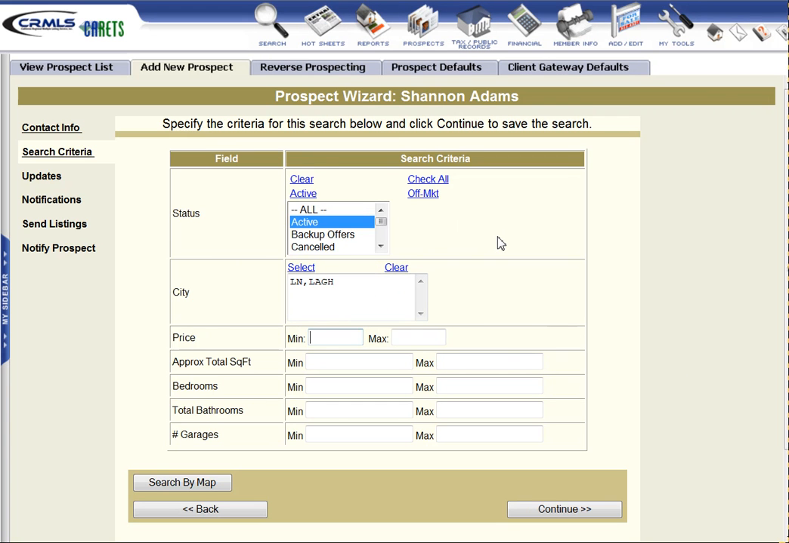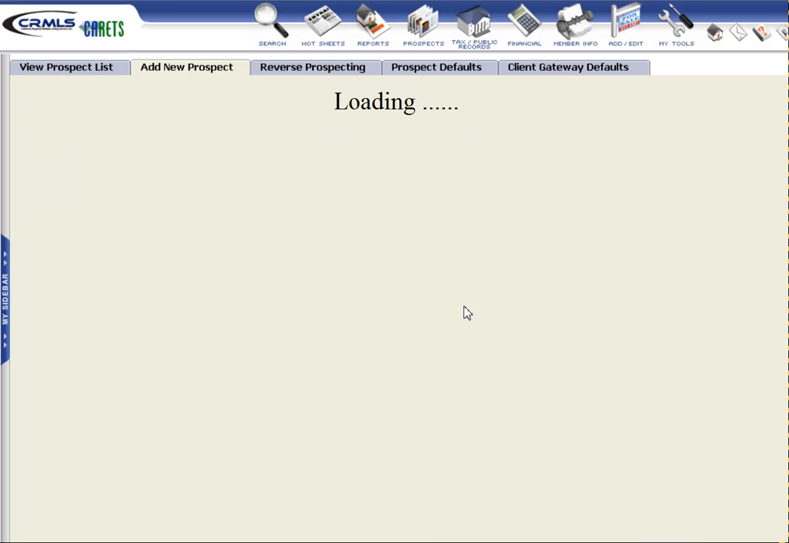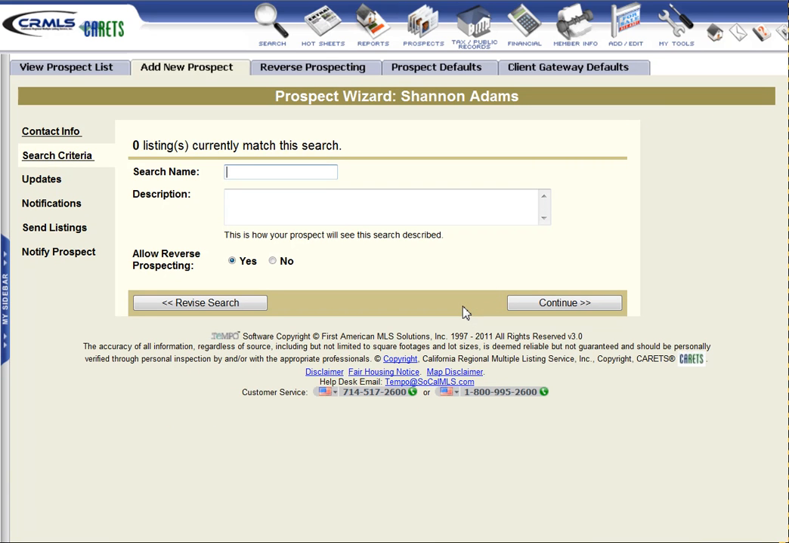The price, $550, and the maximum is $600, and they want at least 1,800 square feet, and they want 3 bedrooms, 2 bathrooms minimum, and they want a 3-car garage. And I say continue, and it tells me my values have been saved. I say OK. And so all that, I'm going to